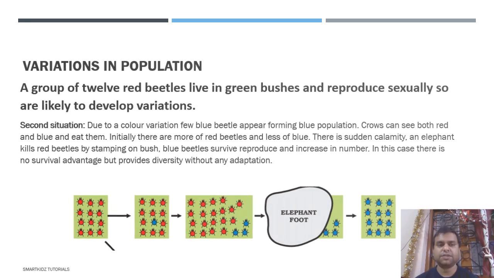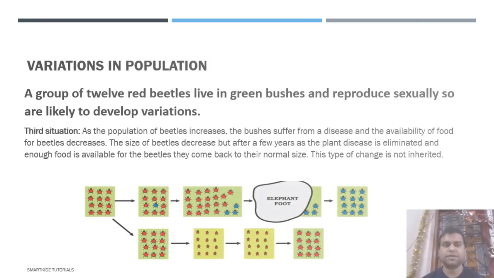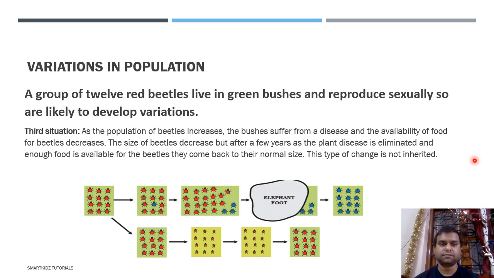Coming to the third situation, I've kept this part up over here to show you the two scenarios where the blue beetles are growing and an elephant comes through and eliminates most of the red beetles, such that only the blue beetles survive and grow. In this third scenario, which we see down here, these red beetles are growing happily, but